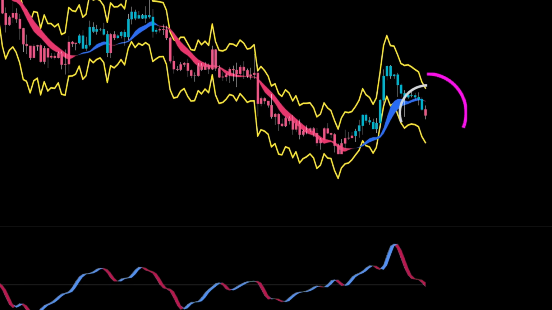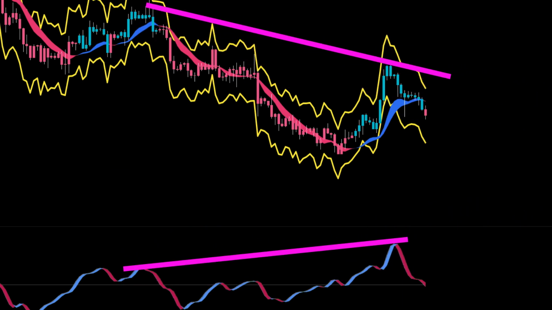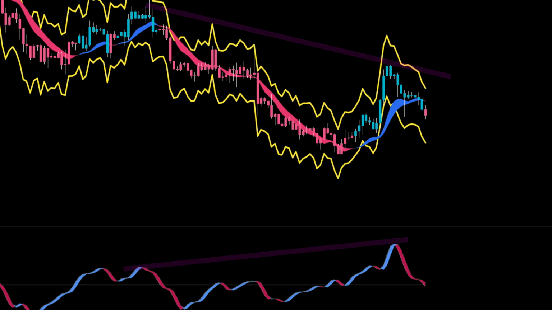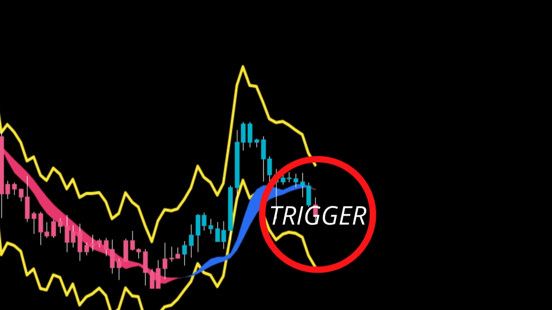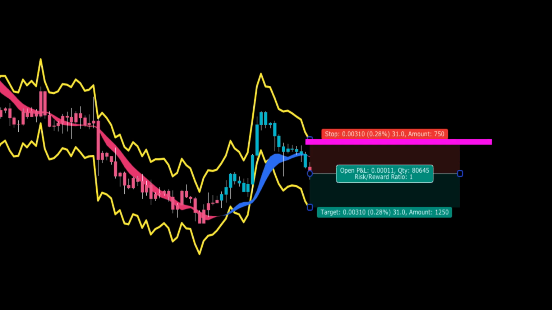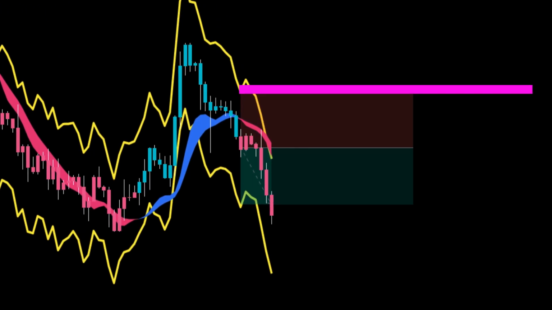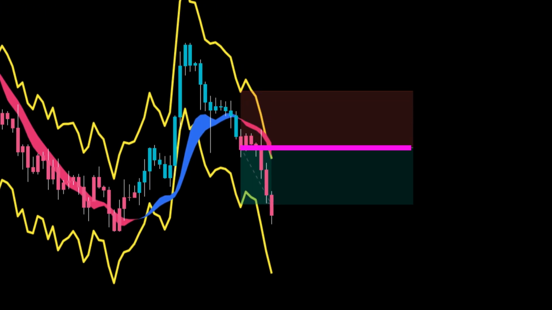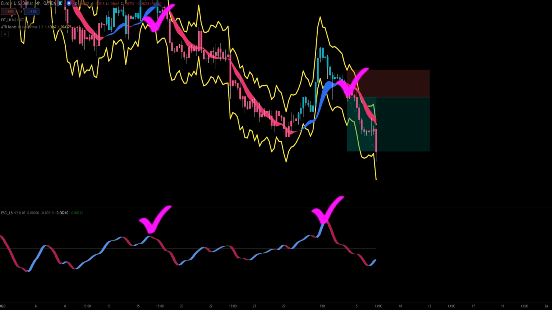The Ehlers iTrend changes from a blue to a red candle. There is bearish hidden divergence on the Simple Cycle oscillator, a lower high on price and a higher high on the Ehlers study. We open a position on the close of this trigger candle. The stop loss level is placed at 2 times the ATR above the trigger candle and target 1 is 1-to-1. When target 1 is hit, the stop is moved to break even and 2-to-1 is the second target. And this one kills target 2.